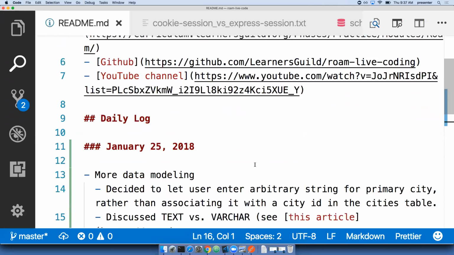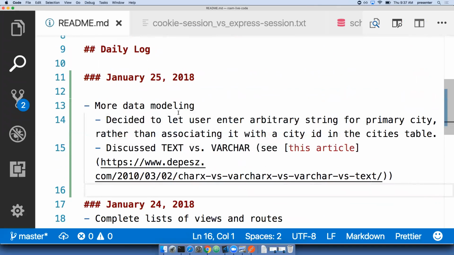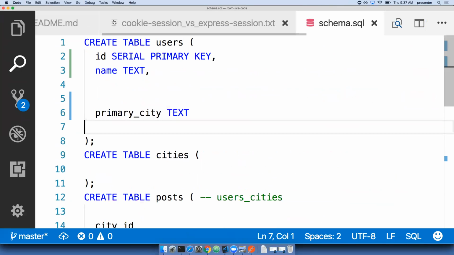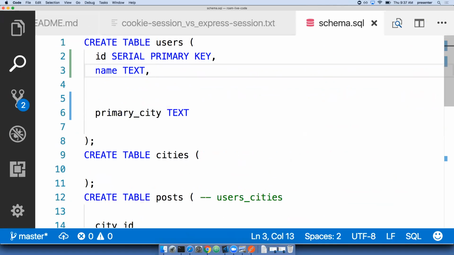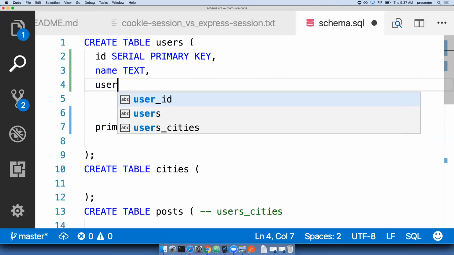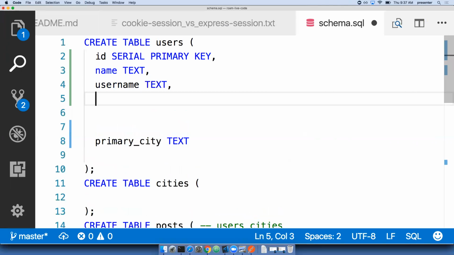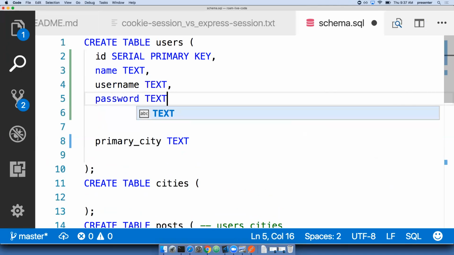All right, so cool. So you can just look at that if you want. Okay, so all right, so we have the name. So I'm convinced we're doing everything in text. So we're going to do ID, we're going to do name, we're going to do username, right? Because there was some username. We're going to do password, email,